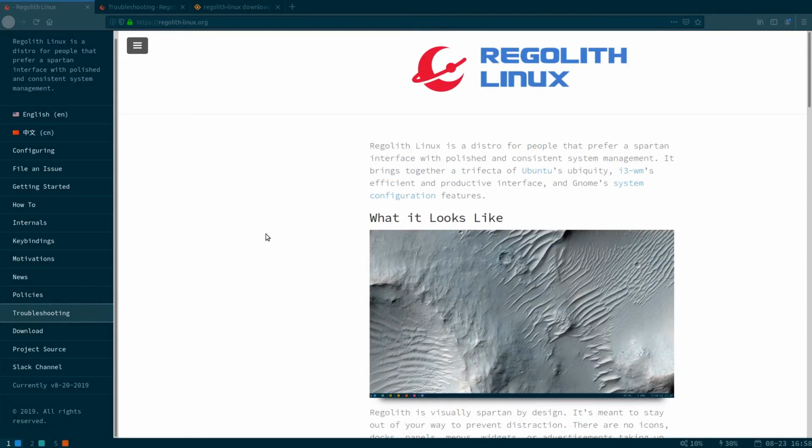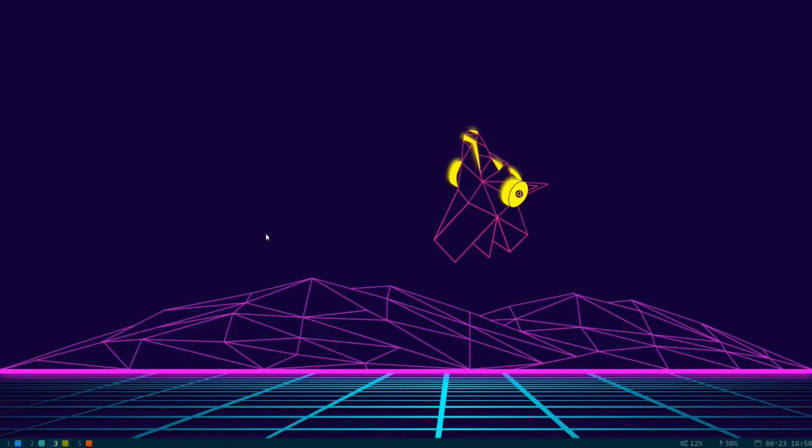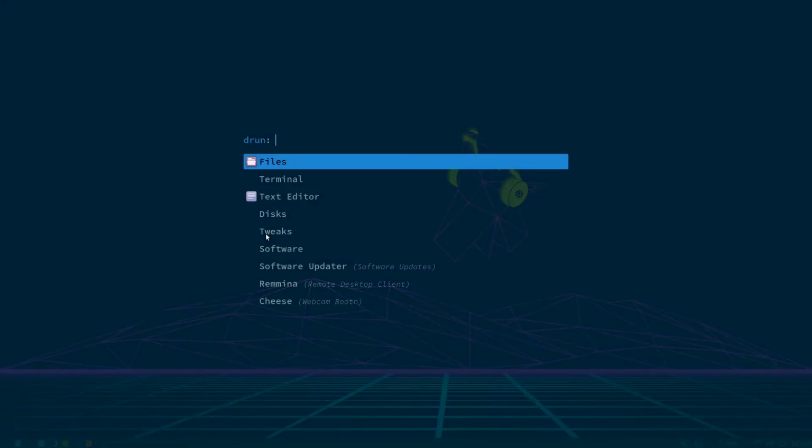Now, what I want to show you is, let's go to a clean workspace, number 3. So that's super 3, just a key combination. Now, if I hit the super and the space bar, then we get this application run bar, or whatever you want to call it. I'm not quite sure what it's called, but it's the super space bar, and then you can search for your applications. So if we tried Firefox,